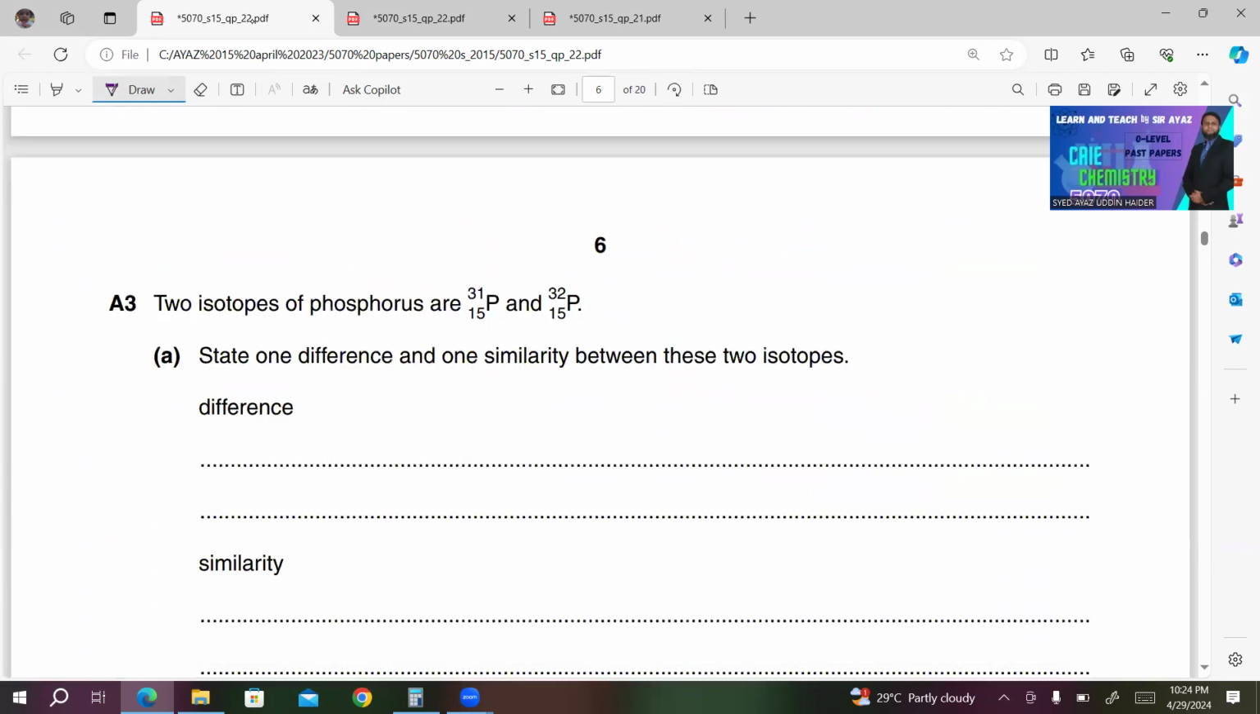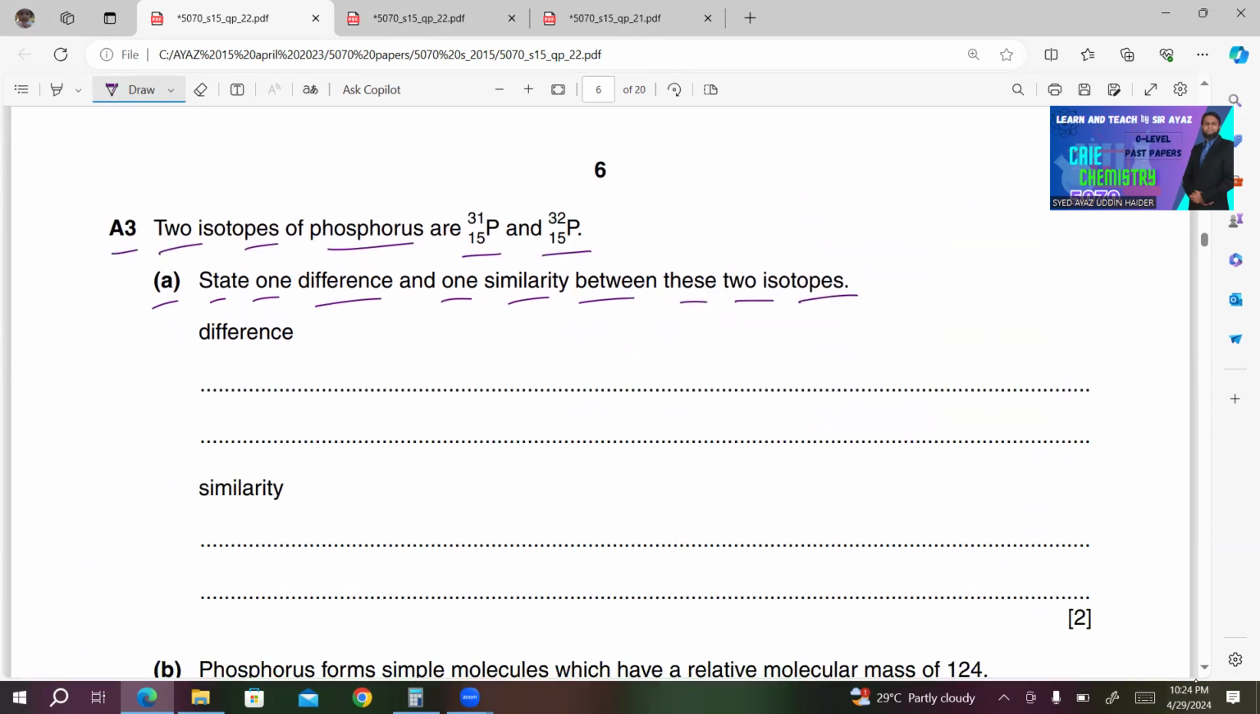Moving to next question, A3. Two isotopes of phosphorus are P31 and P32. State one difference and one similarity between these two isotopes. Differences between these two: they must have a different number of neutrons, nucleon number, or physical properties. Any one from